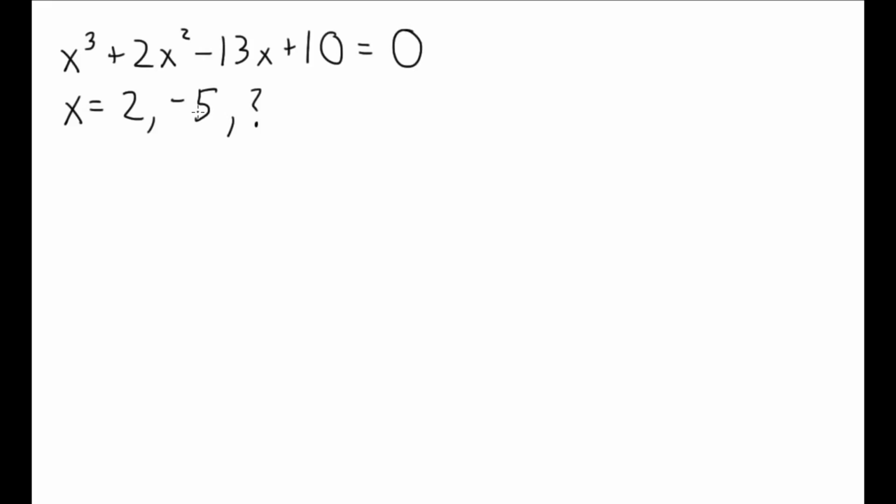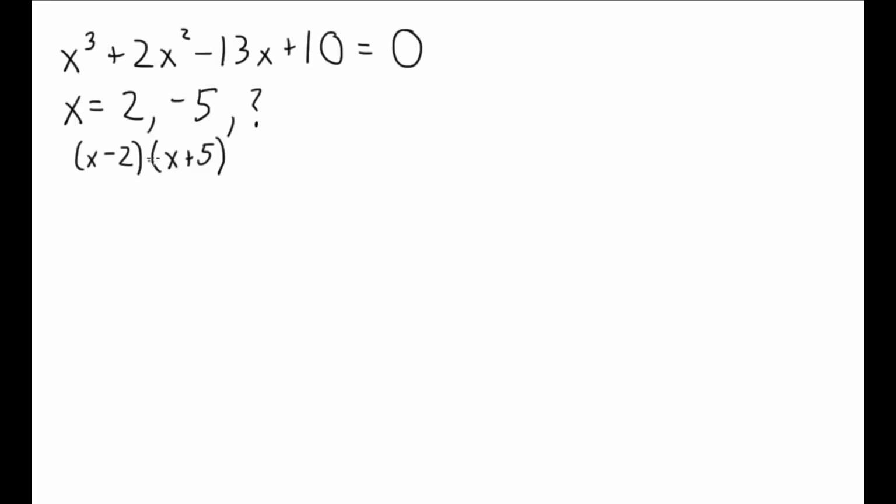So we have 2 options here. We can either divide this whole thing by x minus 2 to give us the root of 2, and x plus 5 to give us the root of -5. So the 2 options are, we can either divide this whole thing by x minus 2, and then divide the result of that by x plus 5. Or the other option, which is going to be faster,